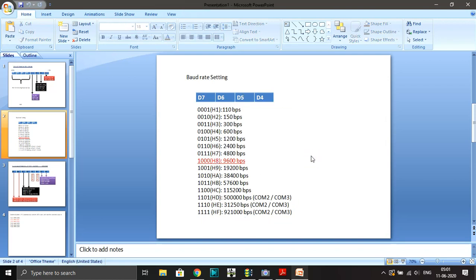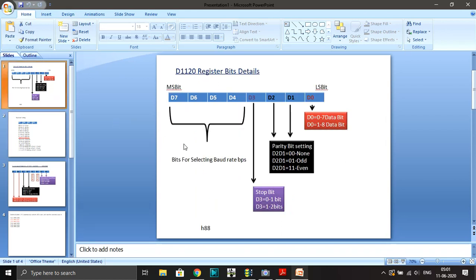But why are we setting this one, on what basis? When we are doing a communication between two devices, both must have the same data, same baud rate, same stop bits, same parity bit setting, and same data bit setting. It is like a language.